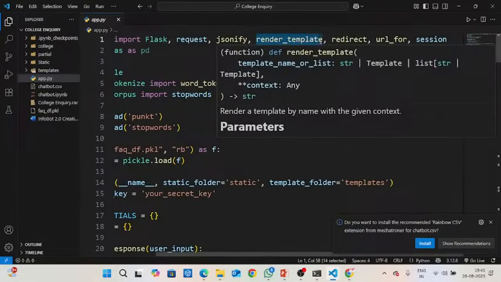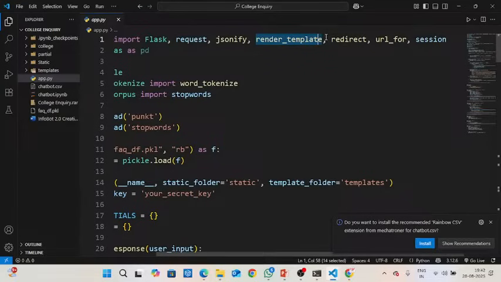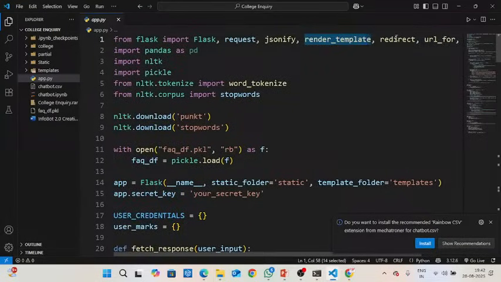To render from one page to another, I am using the render_template module and redirect, and url_for. And then pandas, you already know pandas, NLTK, and pickle. Pickle is used to dump the file, and using a pickle file we can read the dumped file. So I am importing pickle, word tokenizer, and stopwords, which you already know.